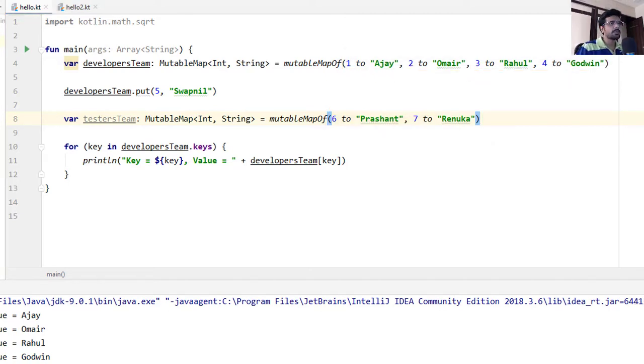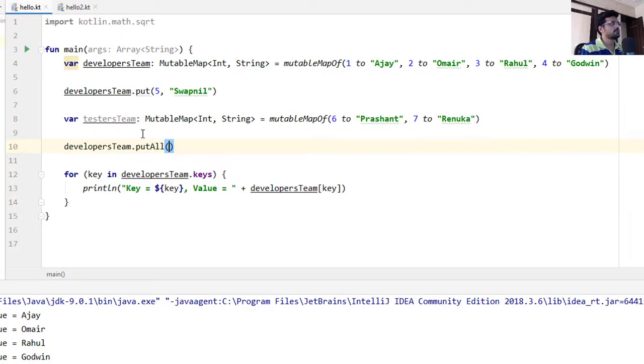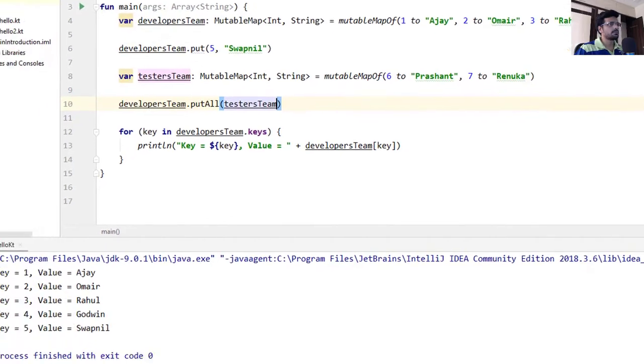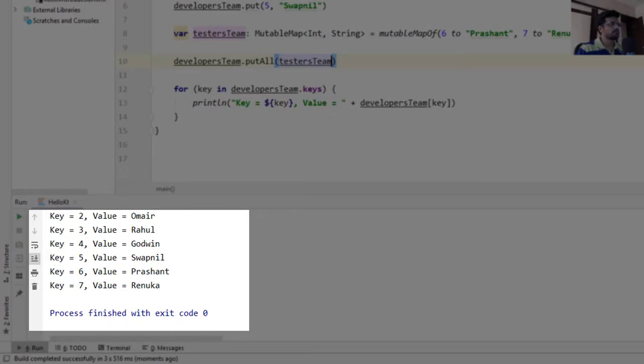Now let's use our putAll function to add testers team to developers team. And it has successfully added the testers team to developers team.